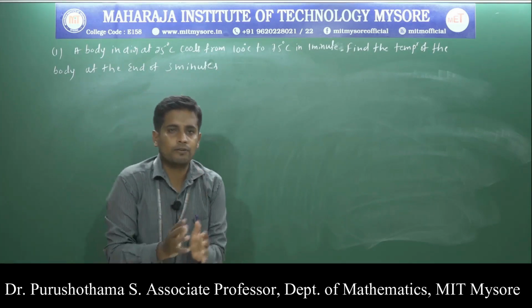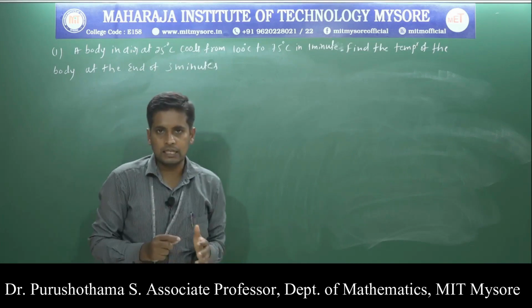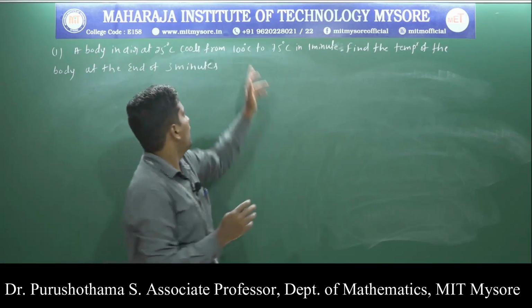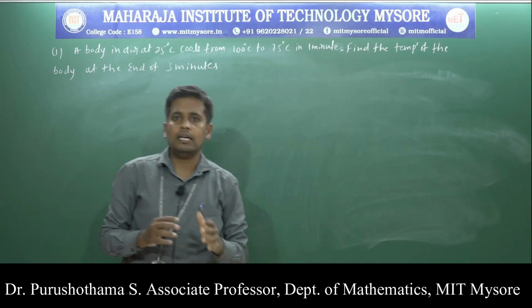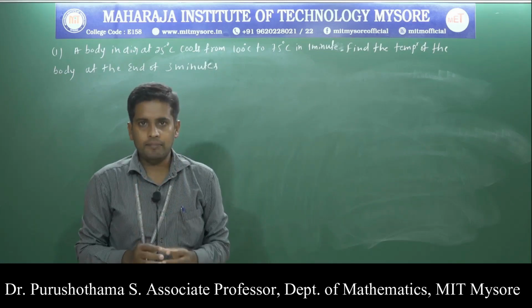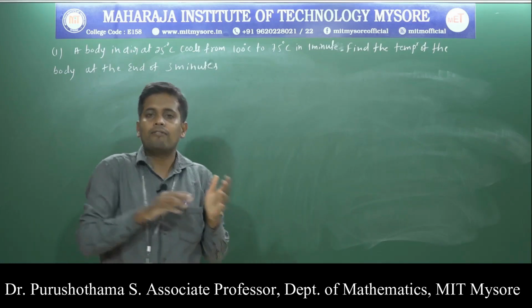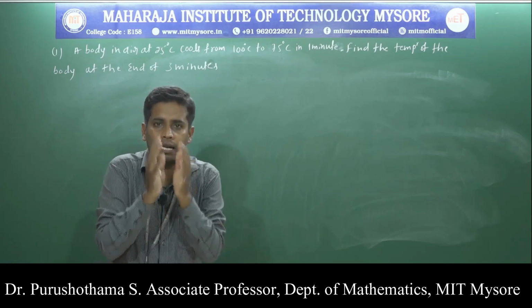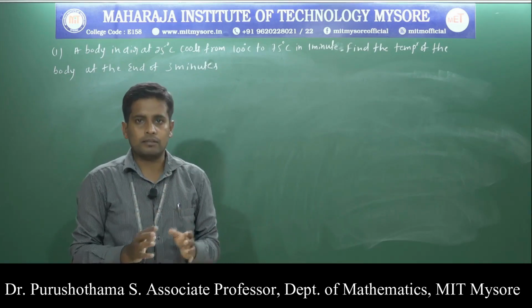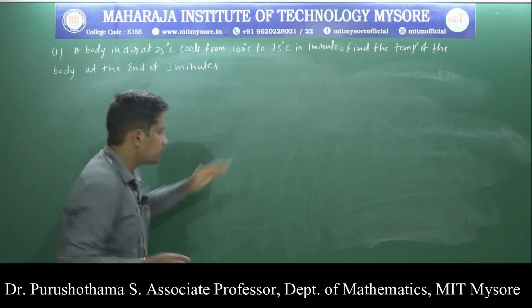That means a particular element is kept in a room. The temperature of the room is 25 degrees Celsius. That element cools from 100 degrees to 75 degrees, and it takes 1 minute. Then, using the given data, find the temperature of the element at the end of 3 minutes. This is the question. So, the solution is,